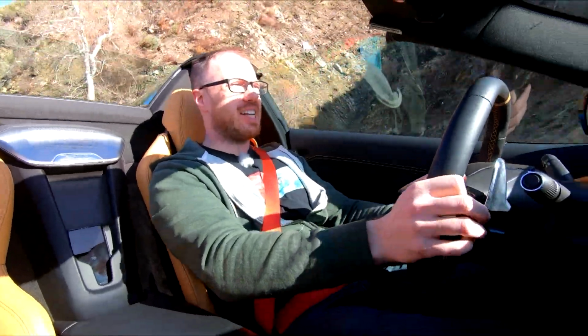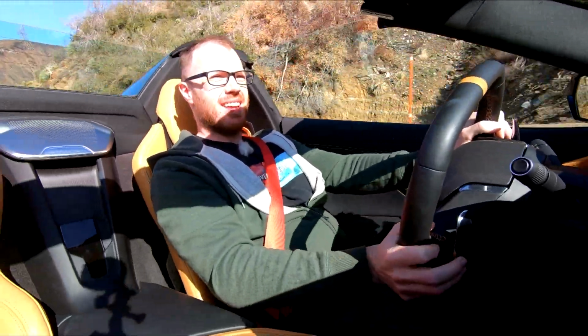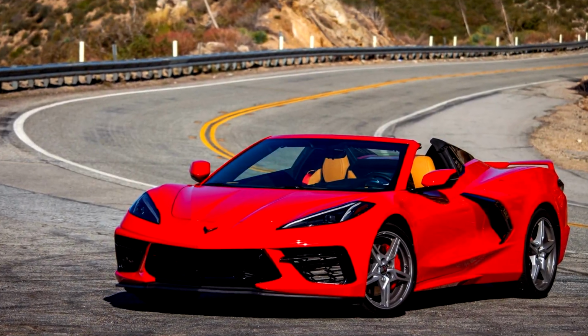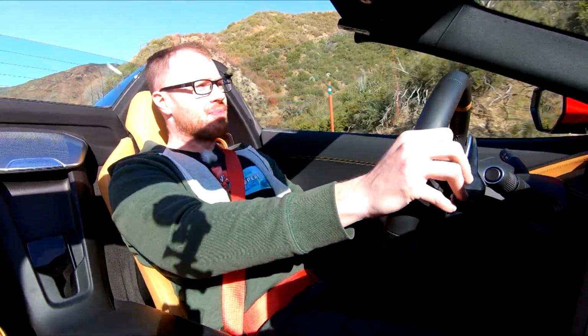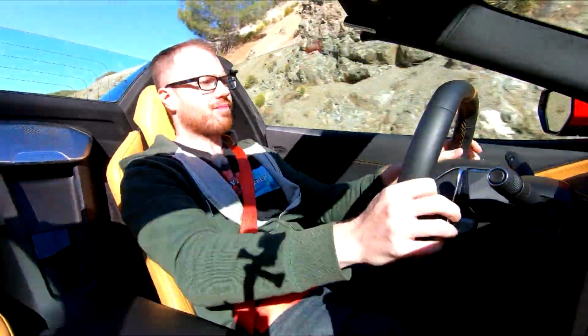And when you consider that the base price for a C8 Coupe is just over 60 grand, credit where it's due, that's amazing. Now granted, this is a convertible, as you can see. There's a slight price premium with that, with the privilege of open air driving. Base price, 67 grand. Still, absolute bargain. If you look at a 67 grand Boxster